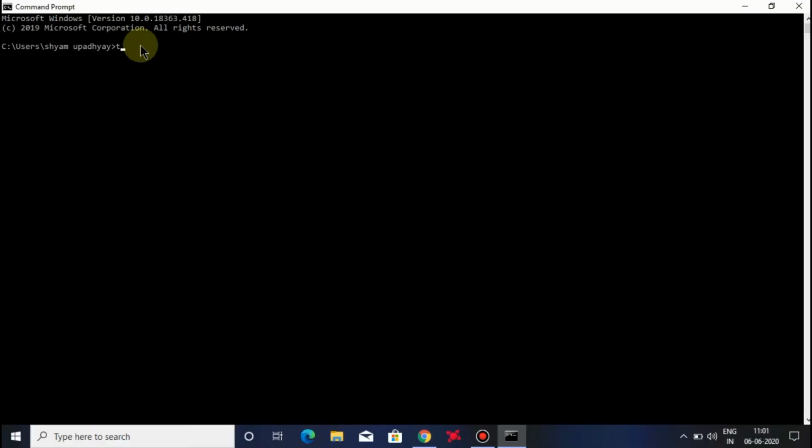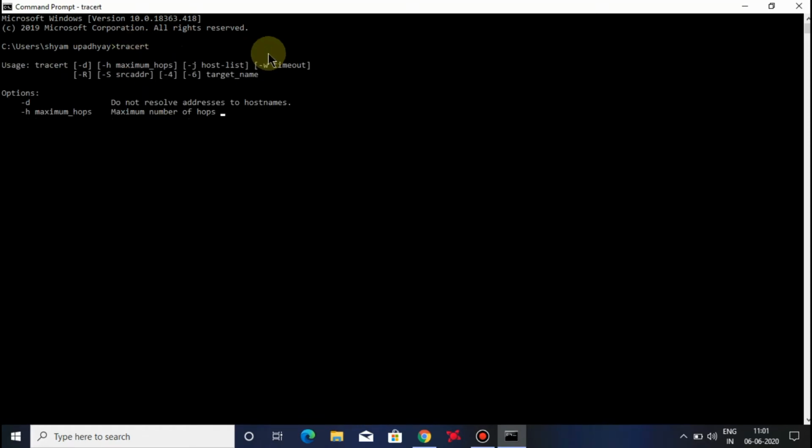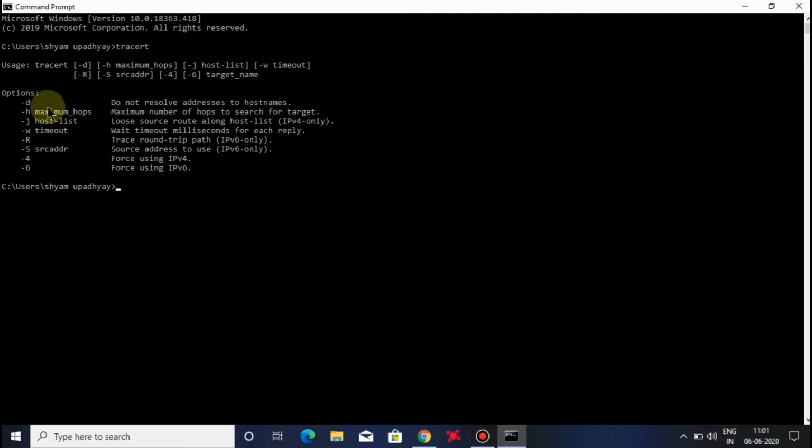Number 6. TRACERT. Traceroute is a fascinating Windows command to use if you are ever curious to see the path your internet traffic takes to get from your browser to a remote system like a Google server. You can use tracert to see it.